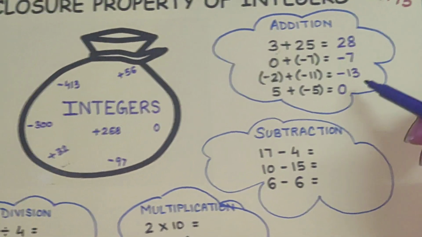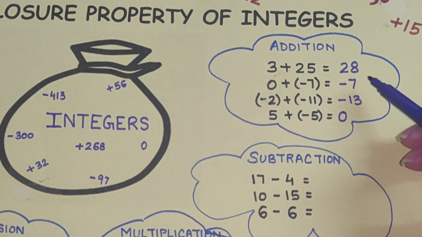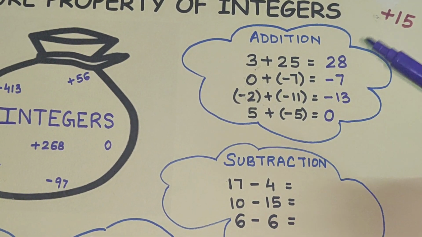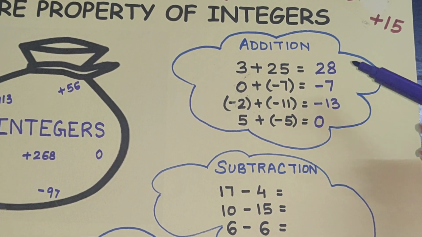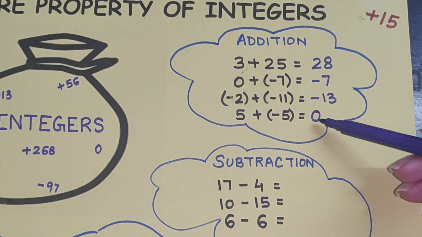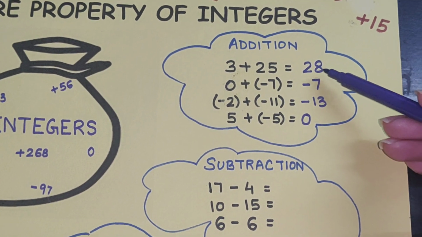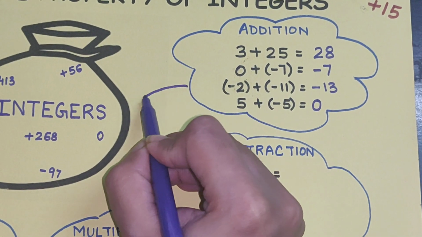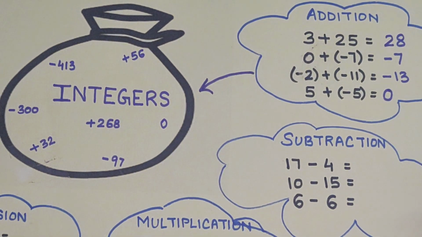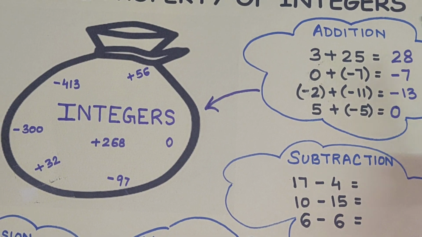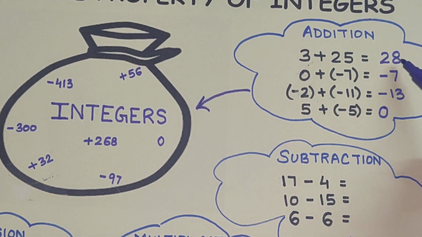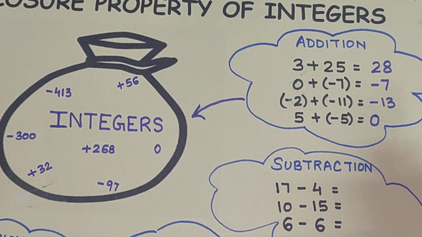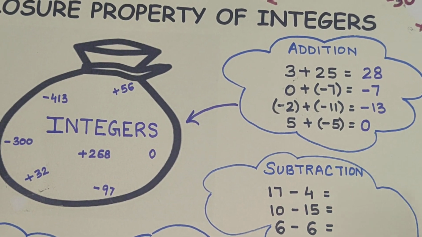So now the examples that we have taken here, we have tried to cover all the possibilities that whenever we are adding two integers, the answers are either a positive integer, a negative integer, or 0. So whether it is a positive integer, a negative integer, or 0, the answers are inside the bag. So what did we observe for the addition? That when we add any two integers, the sum of the integers is always inside the bag. The sum of two integers is always an integer.